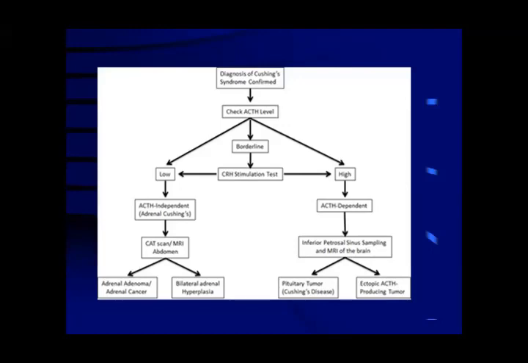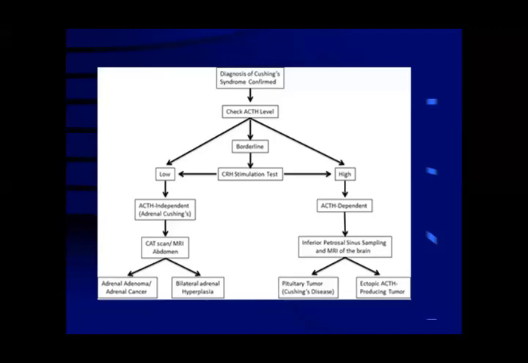I mean, if this is making more cortisol, the level will become low. But if this ACTH is high, it means that the defect is lying in the pituitary gland, and this is dependent on the pituitary gland, not on the adrenal gland. So if its level is low, then we will do the CAT scanning or MRI